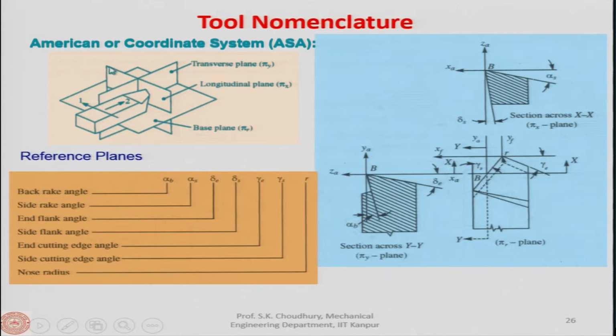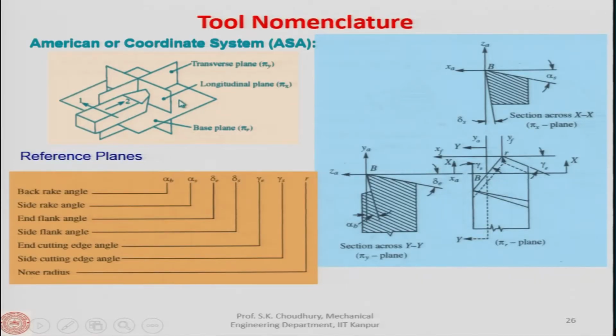So, this Px, that is the longitudinal plane, is along the longitudinal feed. Okay. Longitudinal feed is the normal feed direction. All right. This is the direction along the axis of the workpiece. Okay. So, these are the 3 mutually perpendicular planes in which the tool angles are defined. Okay. So, look in here,